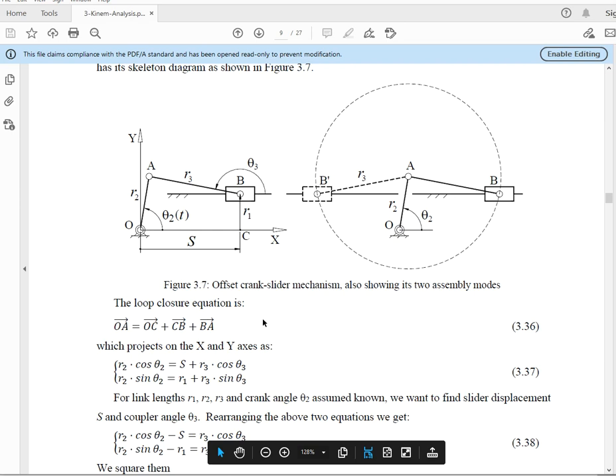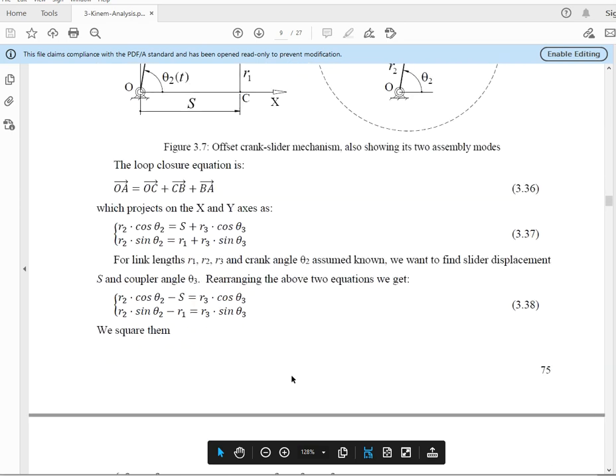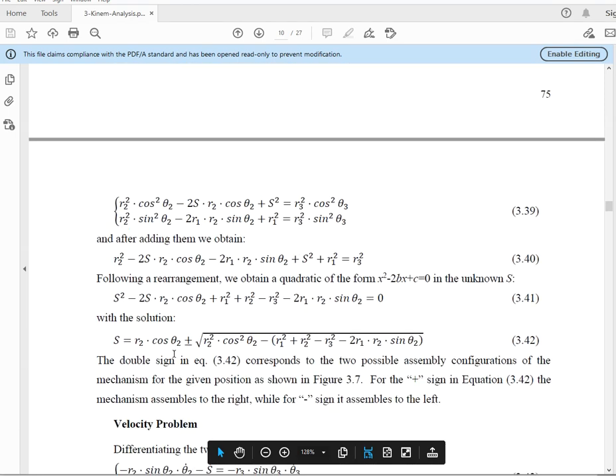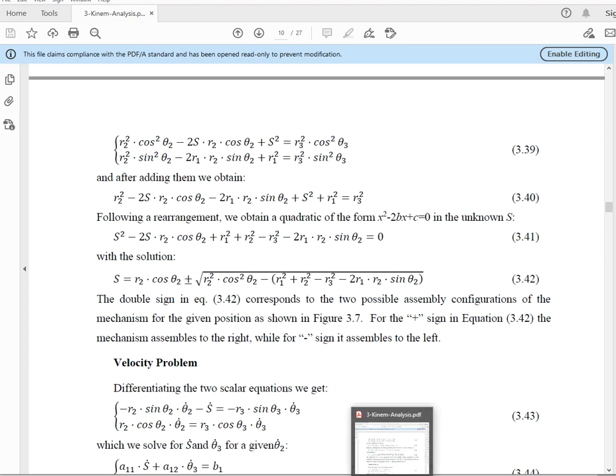Anyway, you start with a vector equation and the corresponding scalar equations. You solve, you square them, you add them, and you get a quadratic in the unknown s. And in my spreadsheet, in the sample output that you saw,